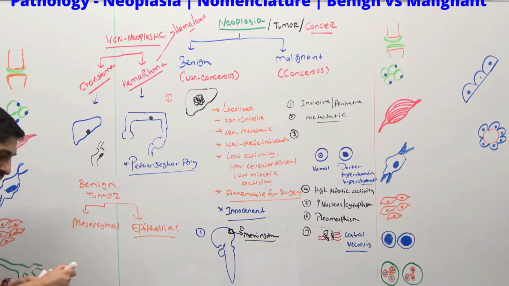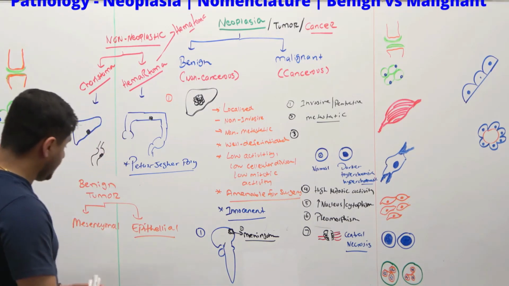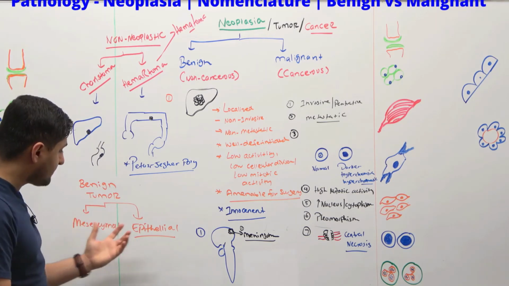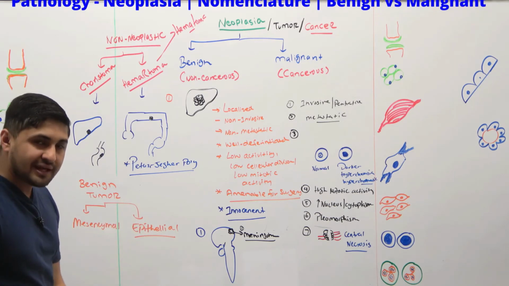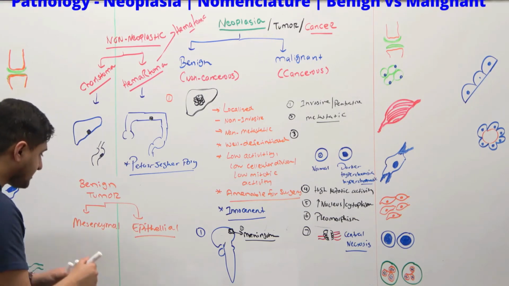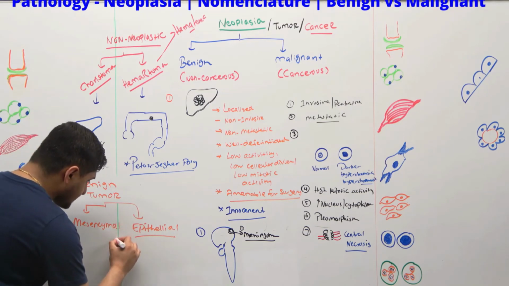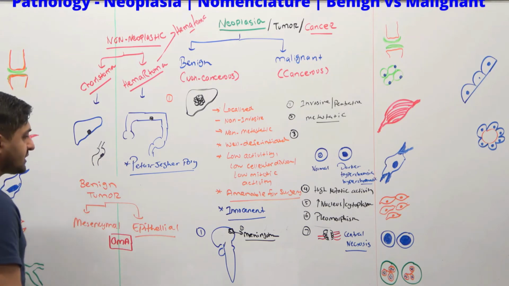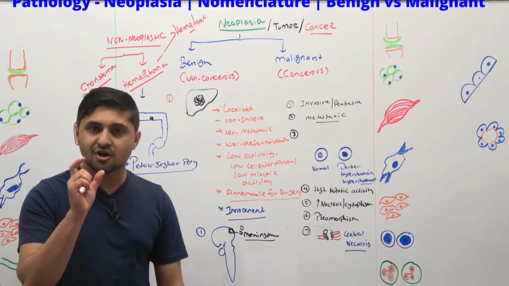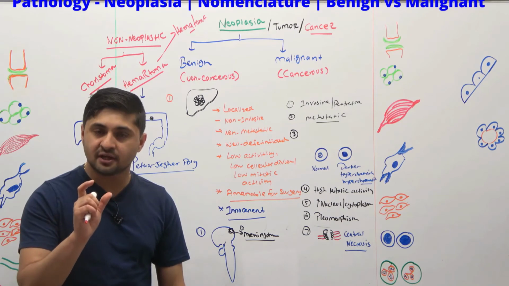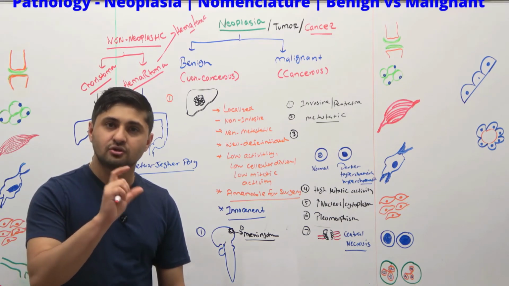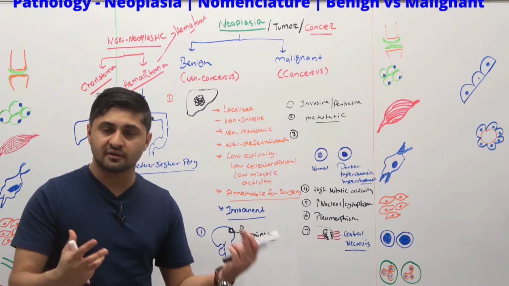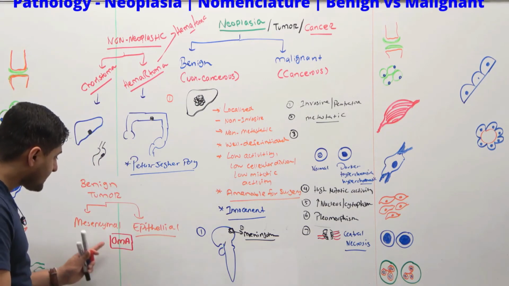But one of the things you have to remember is that benign tumors, no matter where they come from, mesenchymal or epithelial, usually have a suffix added to them. The suffix you have to remember is "oma." So usually in benign tumors, the word "oma" is added as a suffix. That tells you whether the tumor is non-cancerous or cancerous; usually there's this "oma" added.